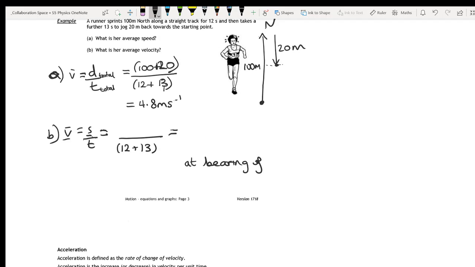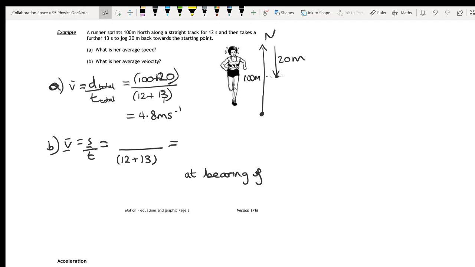So I missed a little bit out on the next one. The average velocity is the displacement divided by the time. So remember, the displacement is the start point to the end point. So this really should be back here because we haven't got angles or anything. So the displacement is from the start point to the end point here. So it's actually going to be 100 metres take away 20, divided by the same time because the time that it took to do it didn't change. And that should come to 3.2